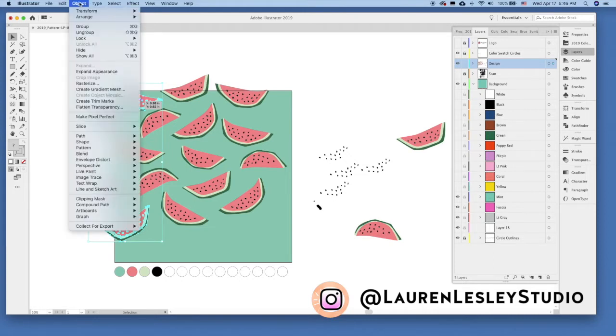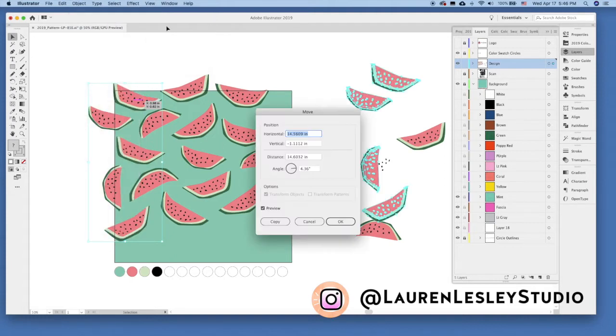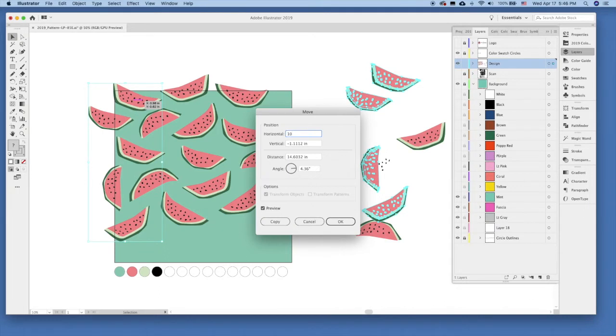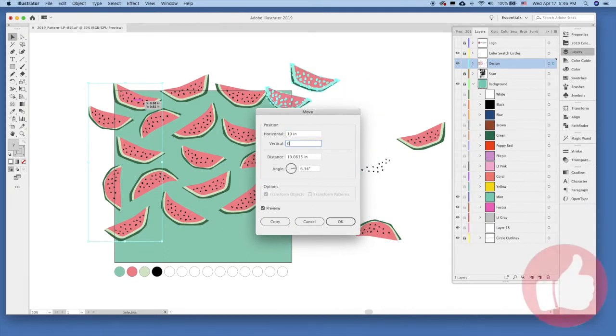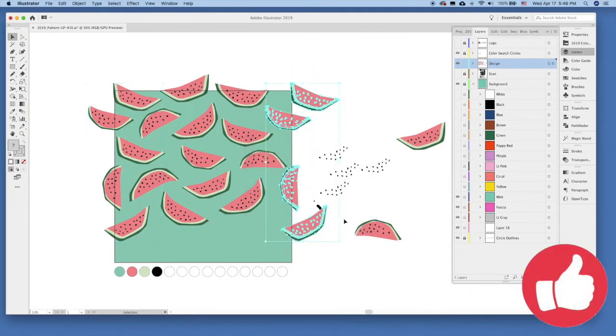And then we're going to go to Object, Transform, Move, where you can do Shift Command M. To paste them exactly across to the other side, it is a 10 by 10 square, so I'm going to type in 10 and 0 and click OK. So now you can see that everything that was cropped off on this side is now exactly repeated on this other side. So I like to group all of these objects